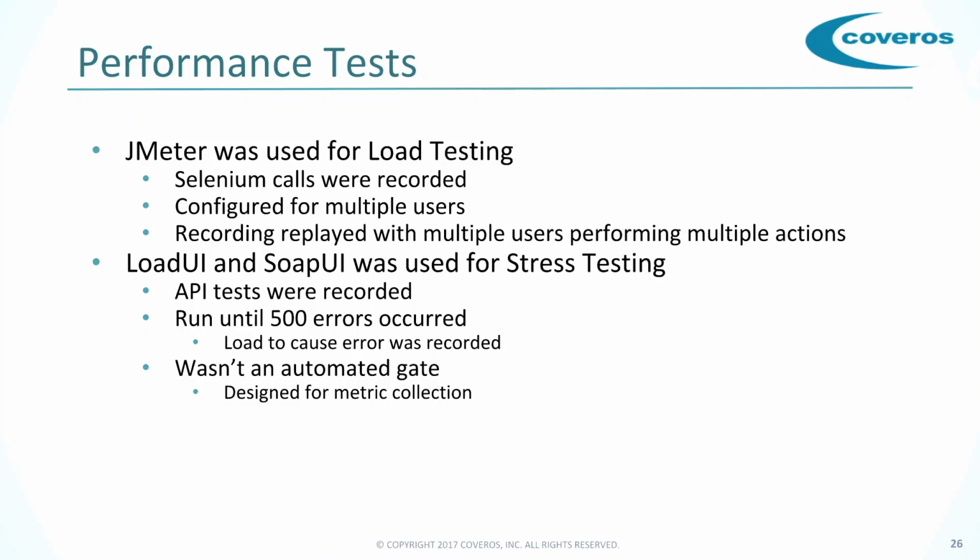There was never any plan for these to be an automated gate within our pipeline. Everything else that we were talking about up to this point, if the tests failed, well, we would fail our build, and the application would never proceed past DevEnt or QA or staging, wherever it was we actually saw this failure. For performance tests, we wanted to be aware of what these issues were, and then we